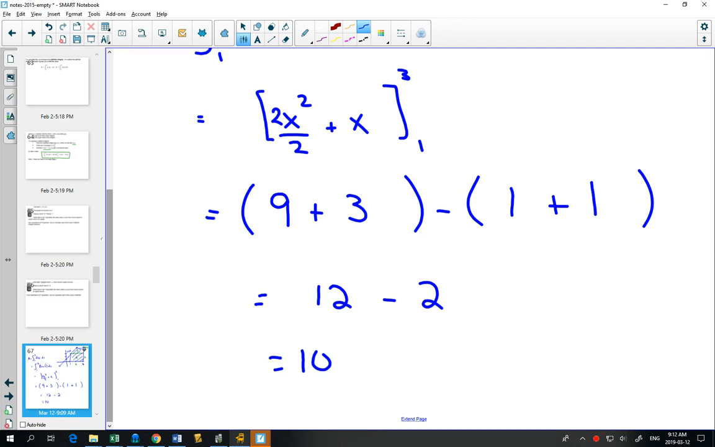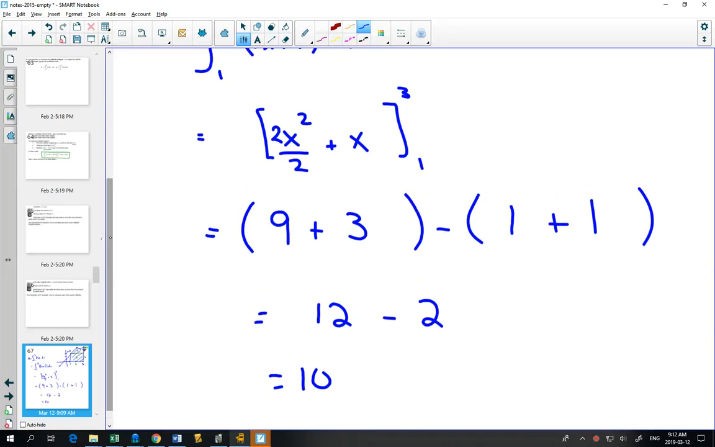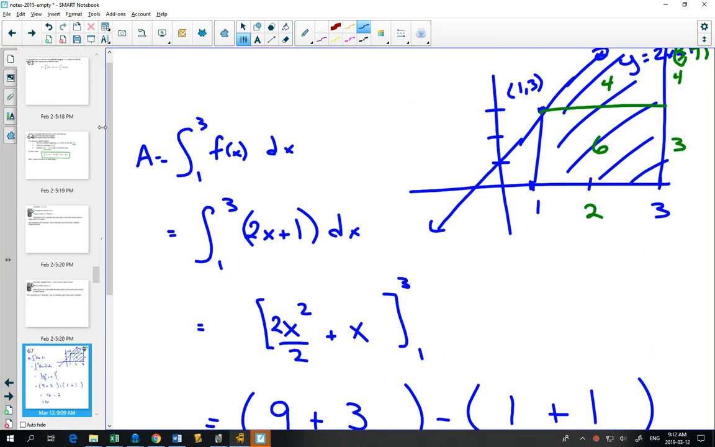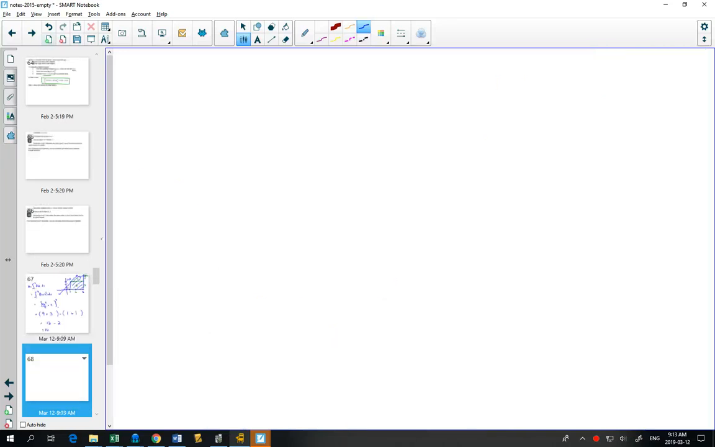In fact, if we look at these numbers, in this case, the 12 would have been the area all the way back to 0. So this complete area is 12, and this area right in here is 2. And that 12 minus the 2 gives us the 10 that's left. Okay? Which is kind of neat, because now